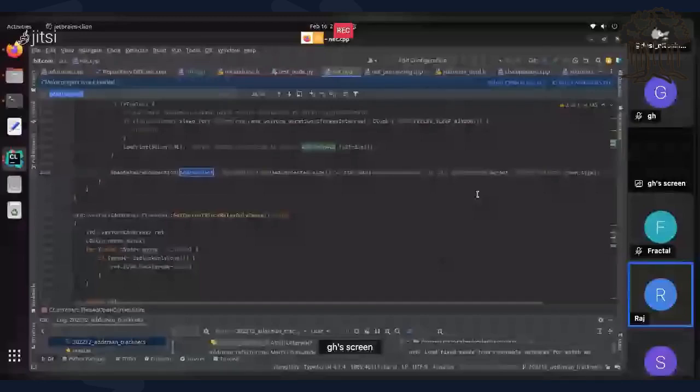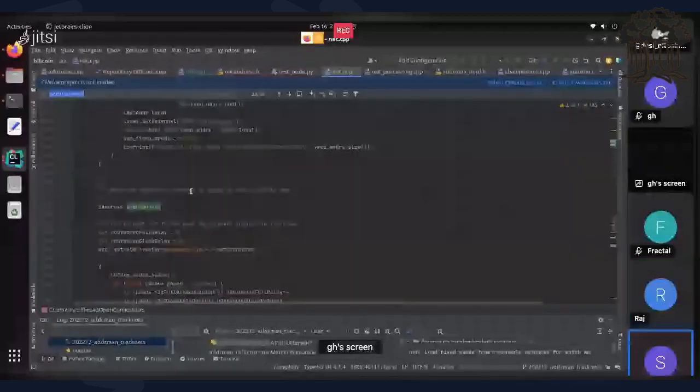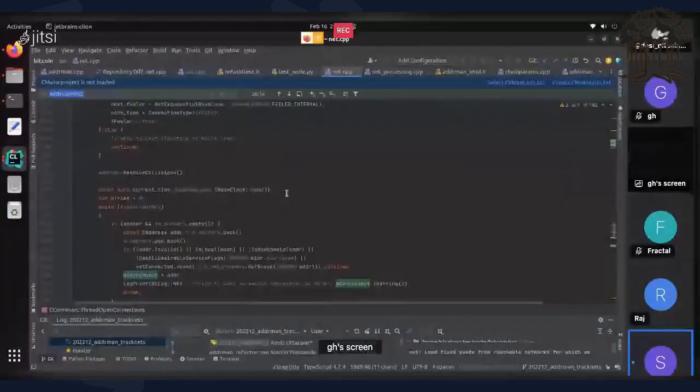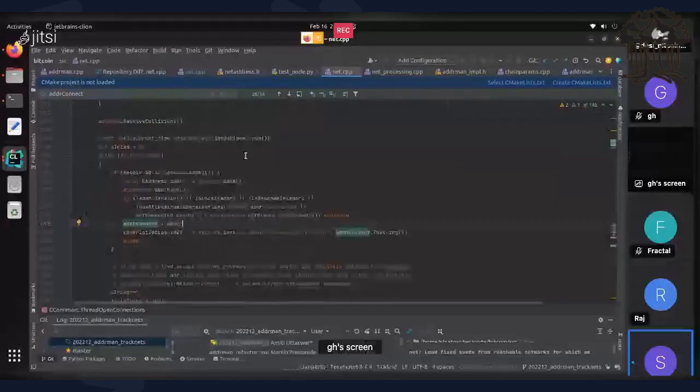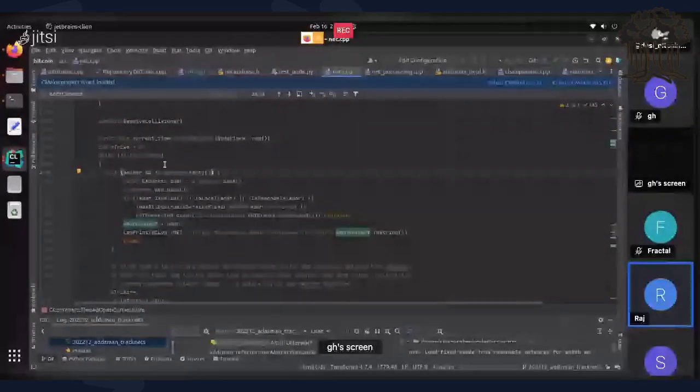Where is that query? So it's reading the anchor here. If it's an anchor connection, the addrConnect would be some anchor. If it's a feeler, it would be